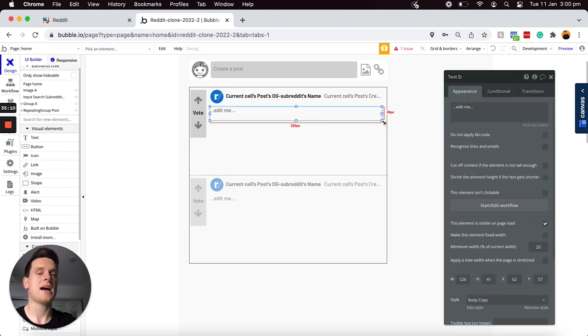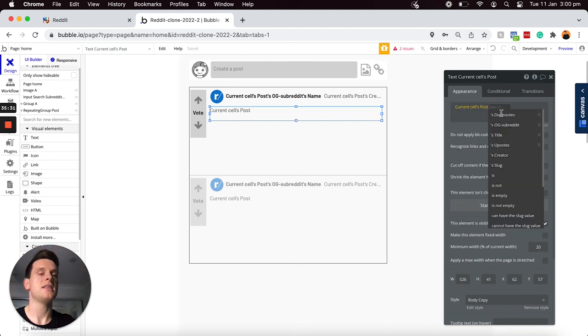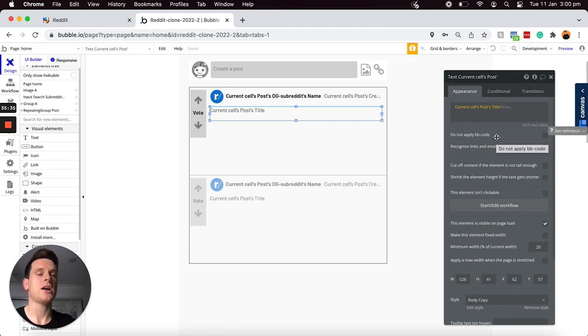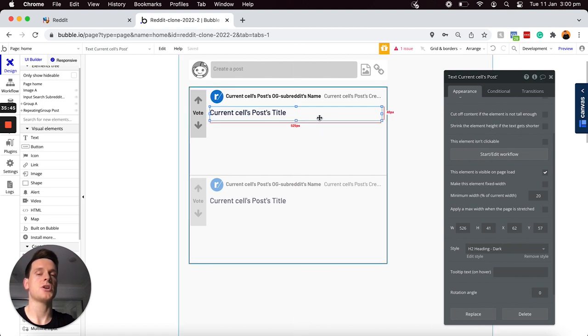We're going to drag that out, and as I mentioned, we want this to be the title that's been stored within this post in our repeating group. So we're going to choose to insert dynamic data, and I'm going to want to display the current cell's post, the title of that post. It's nice and simple, but while we're here, I'm also just going to update the style of this just to be the H2 dark style heading, just because this is a pretty prominent field when you're searching through any posts